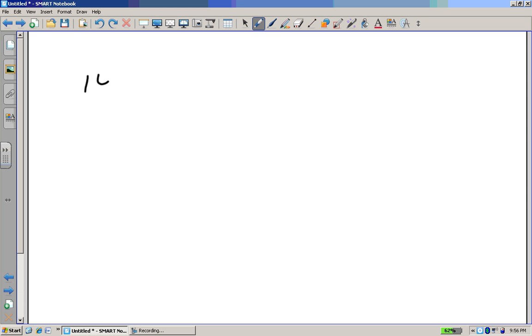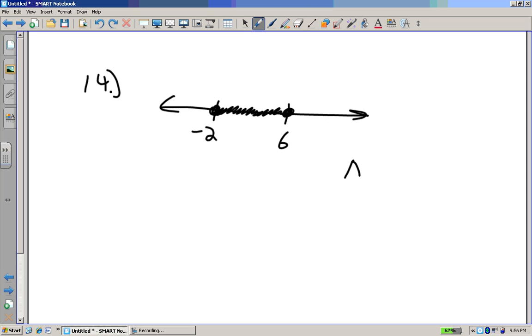Let's try another one. Now, in this situation, we don't have the initial, granted this is an and statement. In this situation, we know it's an and statement, but we don't have that matching. We don't have the opposites. We'd like to have negative 2 and positive 2, or positive 6, negative 6. We don't have that. So what we're going to do is we're going to try to find the halfway point,